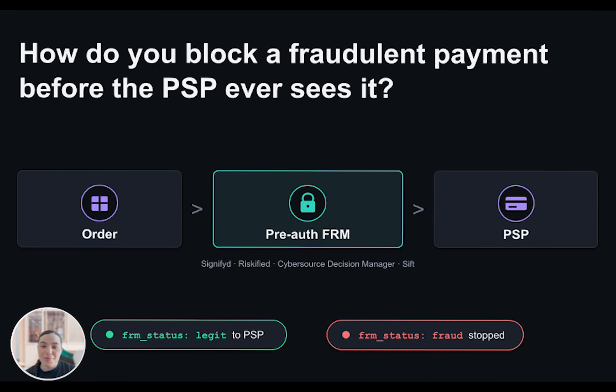Before any of that, Hyperswitch sends the full order context over to Signifyd, Riskified, or Sift: the cart, the customer, the billing, and shipping. Signifyd scores the transaction and hands back a decision in decision.checkpoint.action. If it comes back accept, the authorization goes to the PSP like normal. But if it comes back reject, the transaction is stopped right there, before any PSP call is made. No authorization attempt, no network fees. The PSP never sees it.